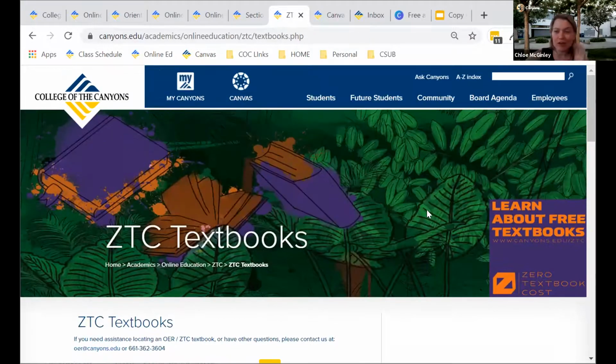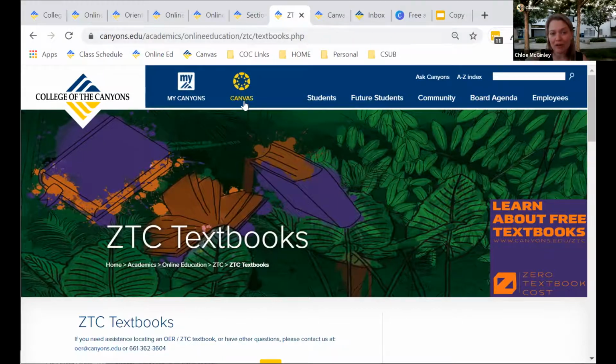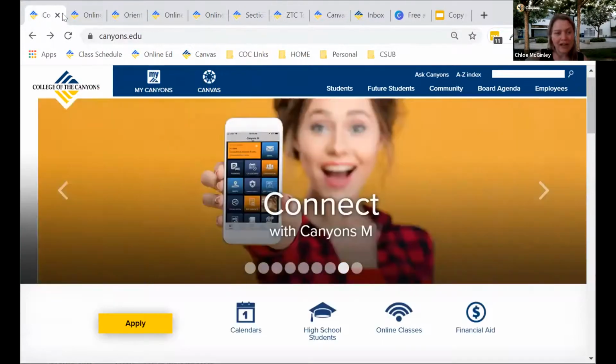So now you've read your instructor's orientation letter and you got your textbook and you're ready to begin your class. So you can always click up here on Canvas. This icon is going to be at the top at any time of our website. So if you just go to College of the Canyons website, you can always click up here onto Canvas. Once you log into Canvas,